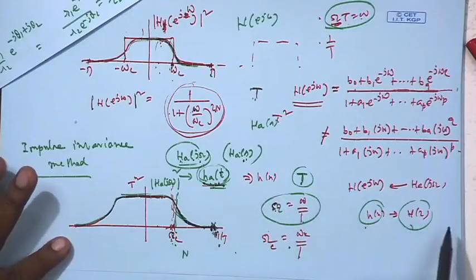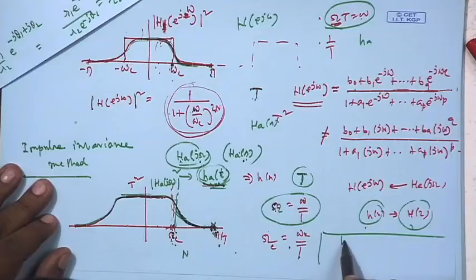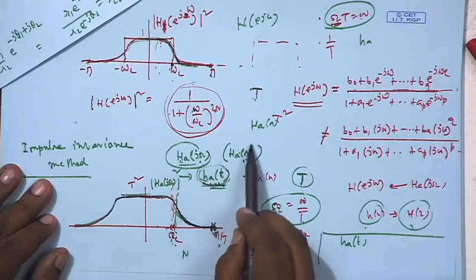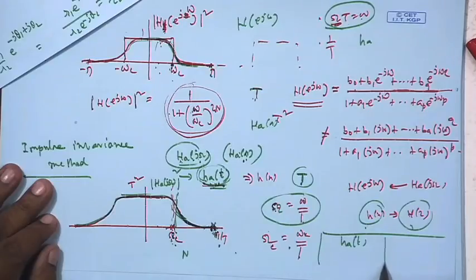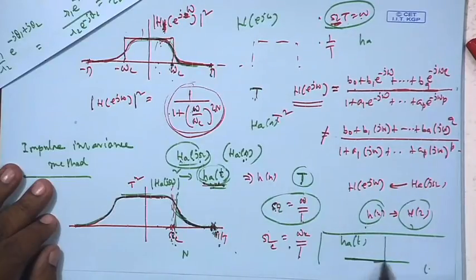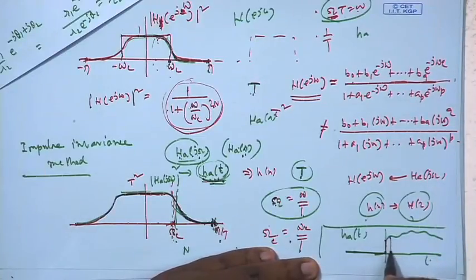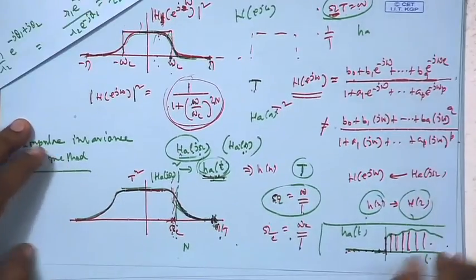and it will be causal and stable easily, because ha(t) is obtained by inverse analog Fourier transform, inverse Laplace transform of Ha(s), but Ha(s) is stable and causal. Therefore, ha(t) is 0 on this side. If it is time t, it is 0 on this side. Here it can be anything, and if you are sampling, you get h[n], where h[n] is 0 on this side, and h[n] is having non-zero values on this side of the origin. So, h[n] is also causal, and if ha(t) is stable,